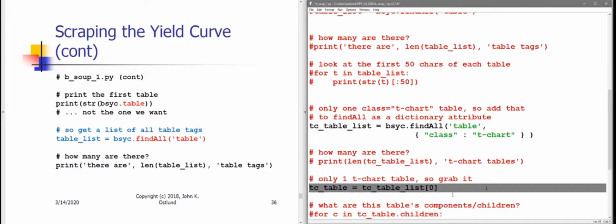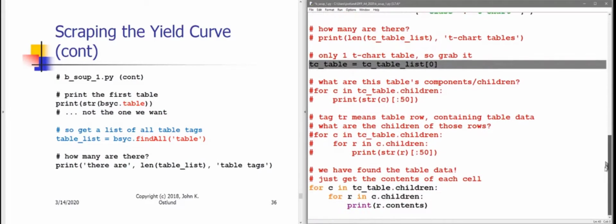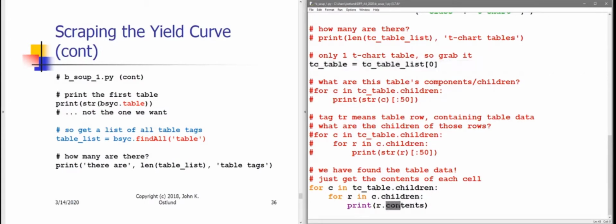So I have grabbed the first item from that list, which is my T-chart table, and now from within that table I'm asking for the children, which are the rows, and I'm asking for the rows' children, which are the cells, and now I'm going to ask for the contents of each of those cells. Let's run this,